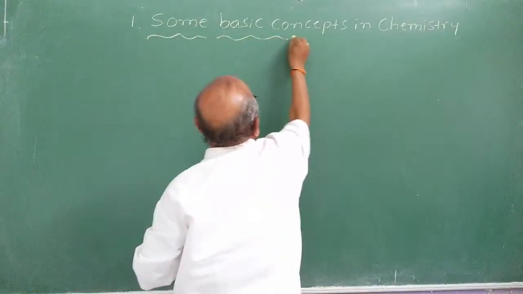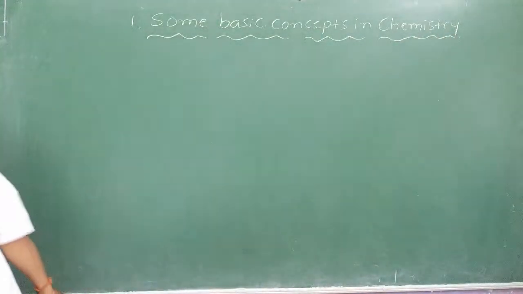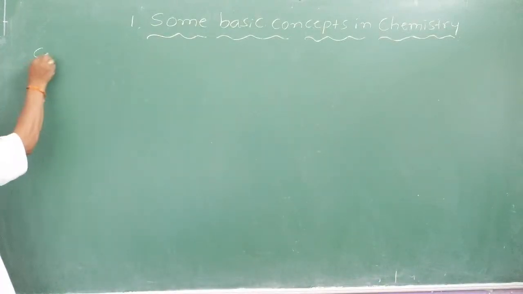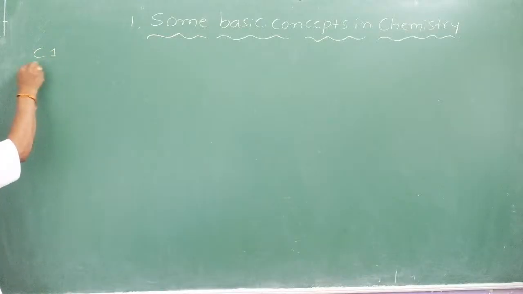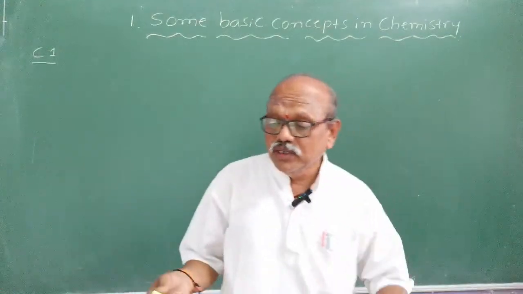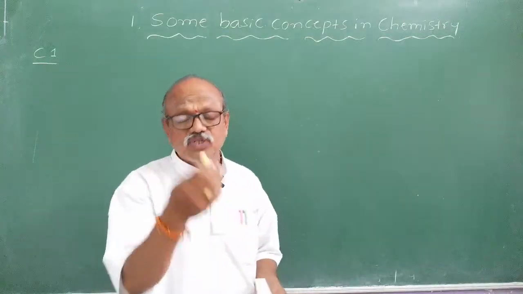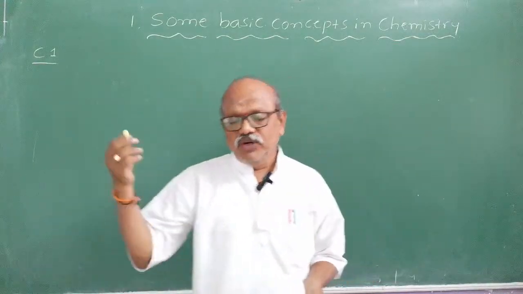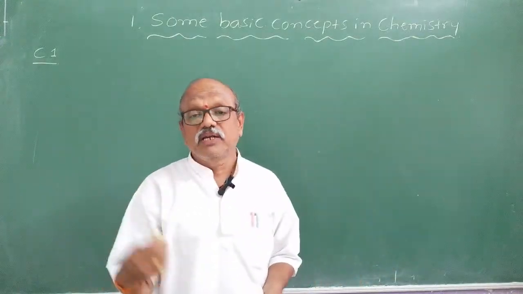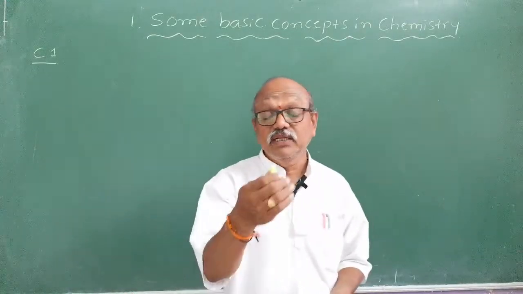Here you are learning basic concepts. Already we completed the bridge course, so directly we will move on to the syllabus. I have divided it after the bridge course. You learnt what is matter, what is classification of matter, how matter is classified chemically into element, compound, mixtures. In the bridge course we learnt what is an element, what is a compound, what are mixtures, how the symbols are written. These are the three steps in learning chemistry we studied in the bridge course.